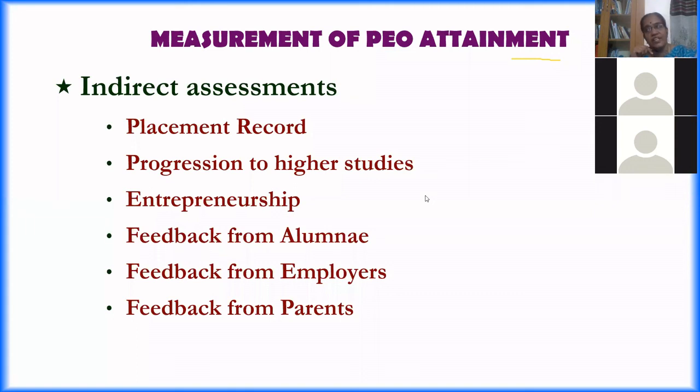And at the end of the 3 years program, you have said that 20 will be getting placed. But now, how many have got placement? So out of 20, only 15 have got placed, which means that percentage will be taken, 15 by 20 into 100. So you have to set a standard for everything. How many should get placed? How many should progress for higher studies? The number should be set in the very beginning itself.